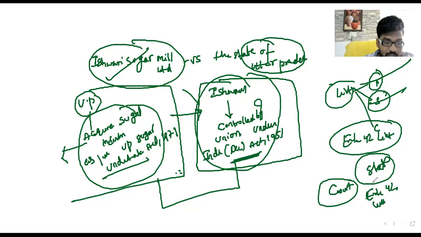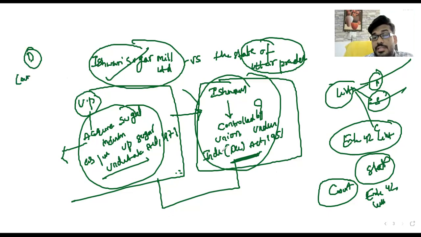The power of acquisition is not occupied by the industries. Separate power under industries, this is a power given as per the court. So like that, there is a dispute between the two acts. Then at that point of situation, the court held that if a special act is there and a general act is there, you can give a privilege to the special act.